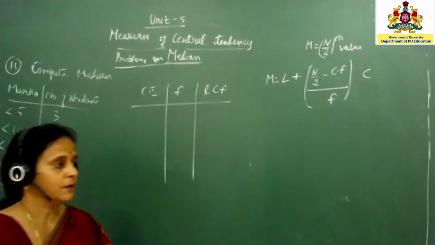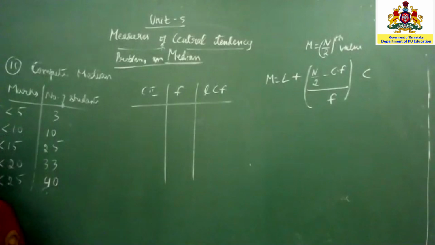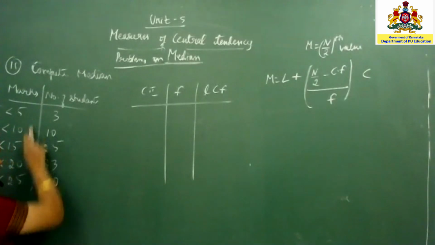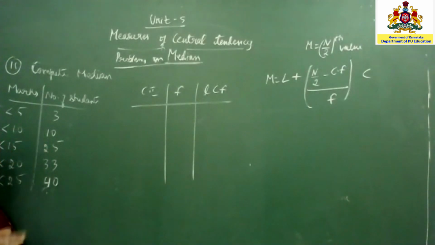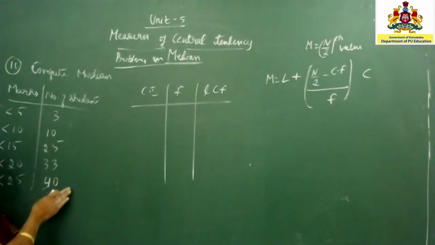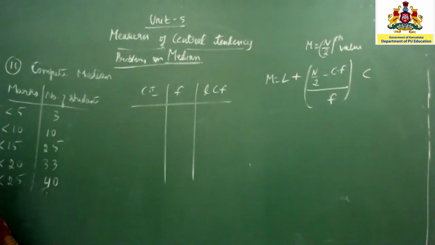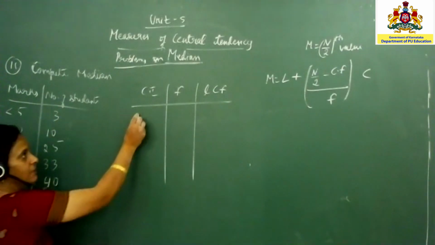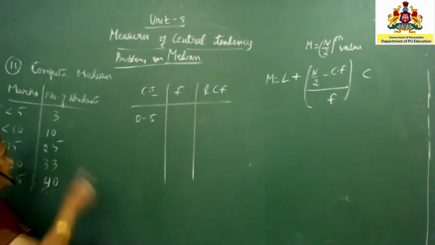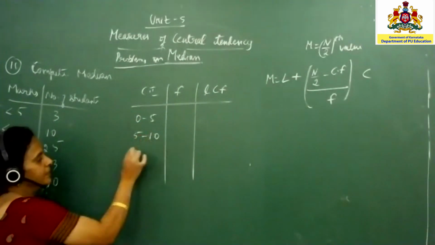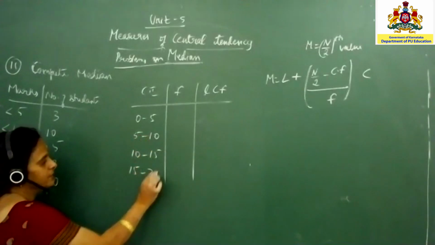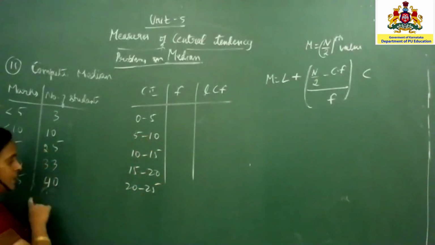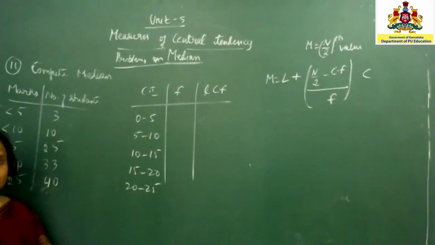Next problem, compute median. Okay, you can make out a difference from the previous one, right? Here the first column is given in terms of less than, below values, and the second column is in terms of cumulative values. So the very first job is to convert this into regular class intervals with frequency, exclusive type. As it is less than, I'll start with the class interval 0 to 5. Next is 5 to 10, 10 to 15, 15 to 20, 20 to 25. Less than 25 is the last, so I'll stop at 20 to 25.